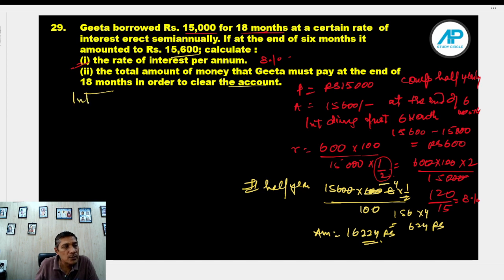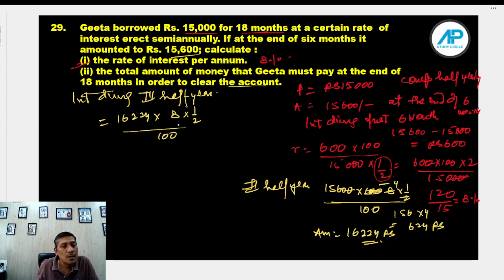So interest during the third half year: 16,224 into rate, which is again 8%, time is 1/2, upon 100. It is 4, it goes 25. So 16,224 divided by 25 gives me